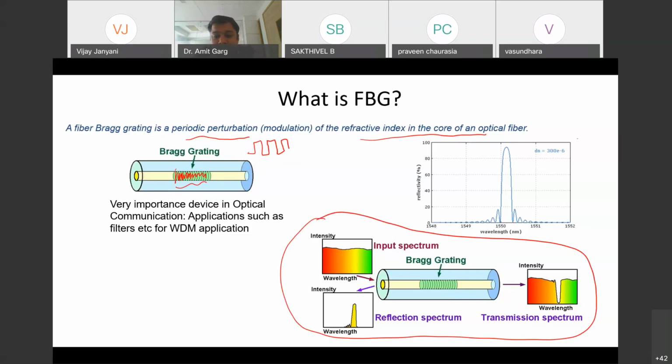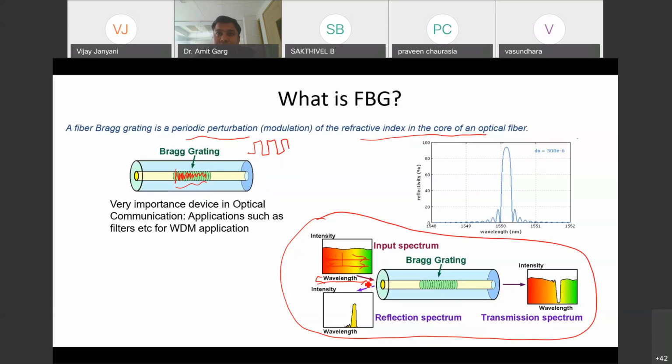This has a very significant property: if any wideband signal, as you can see, this is the wideband signal. Wideband means it is showing you all colors. That is how we represent a wideband signal. It is showing from red to green, meaning a wide range of wavelengths are there in this signal.